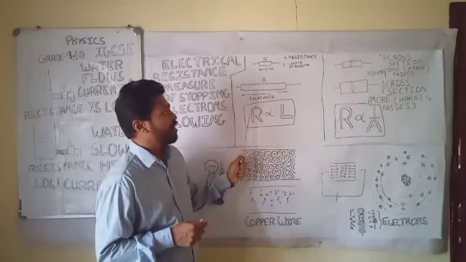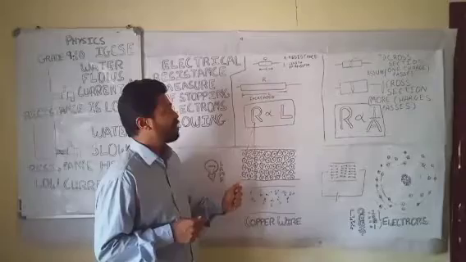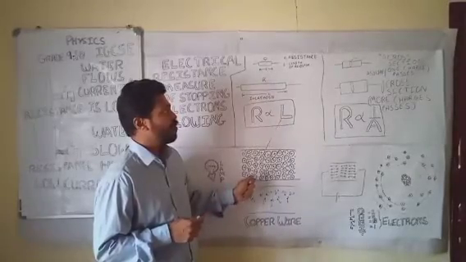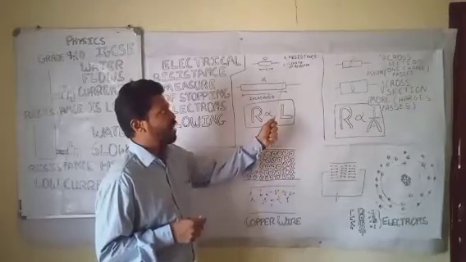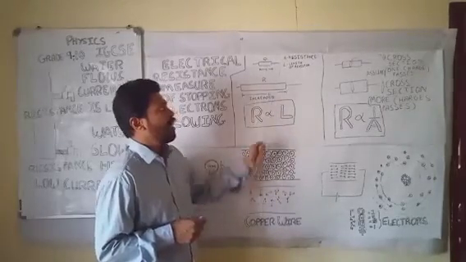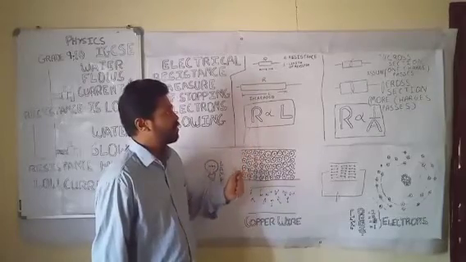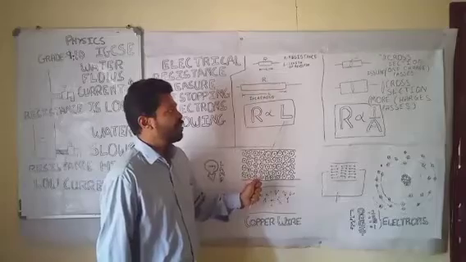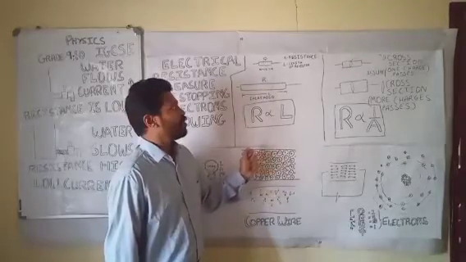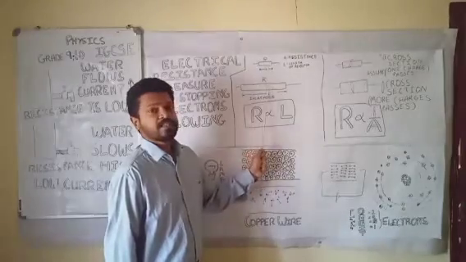We have taken another resistor where the length of the resistance is more. So the length of the resistance is directly proportional to the resistivity. Okay, this R represents the resistance and L is the length of the resistor. Here the length is increased, so the resistance also increases, the length of the conductor also increases. So the more distance you are traveling, the more resistance is coming.